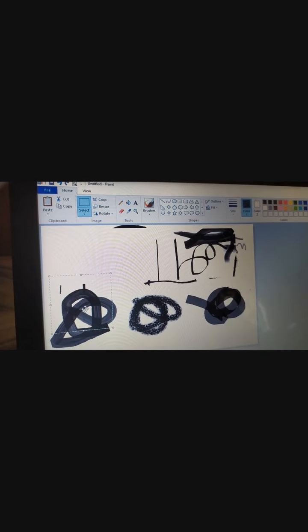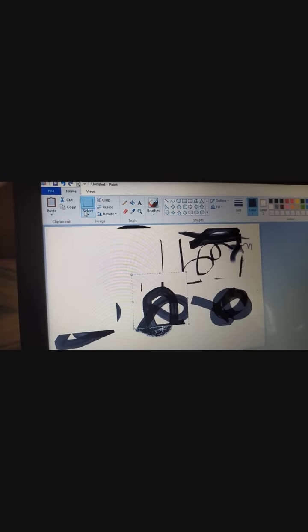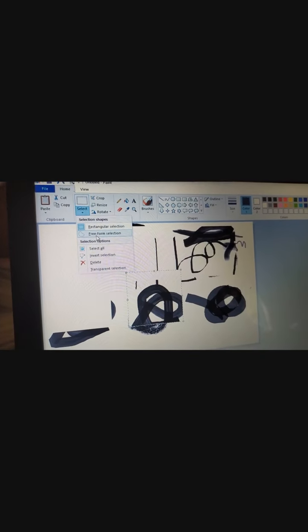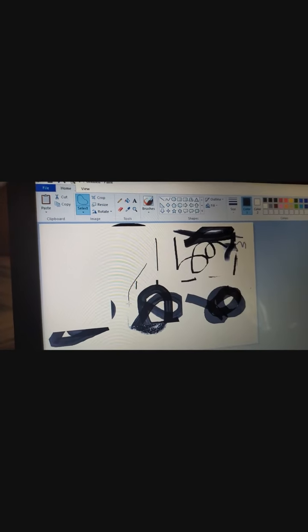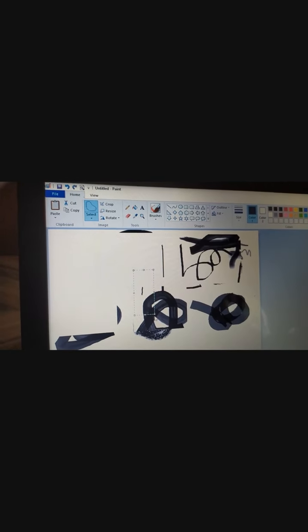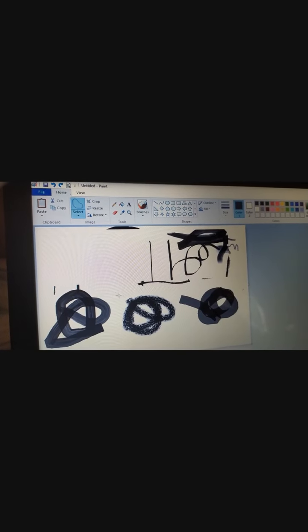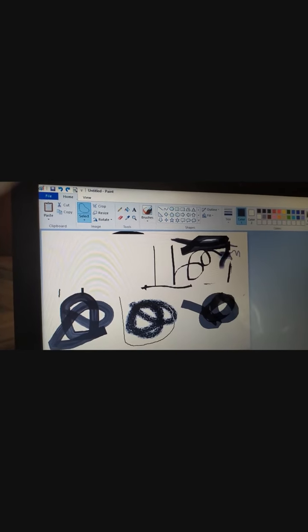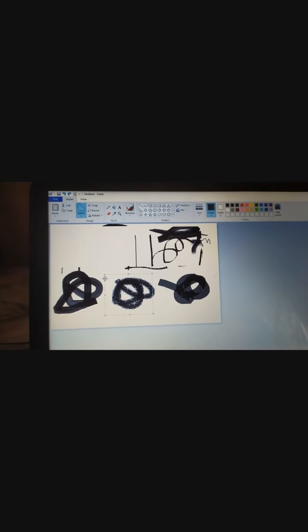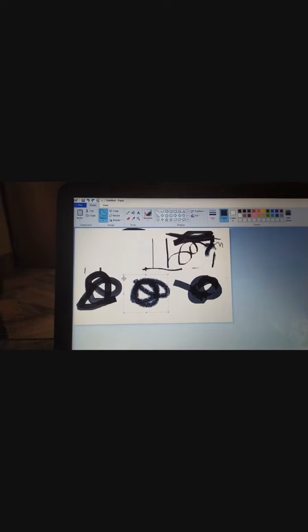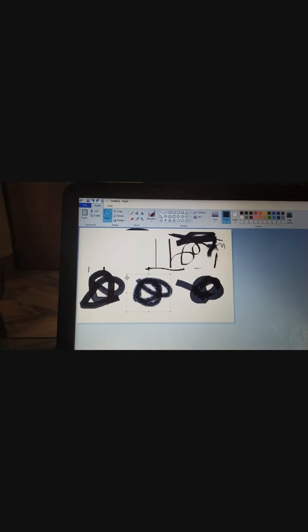This is the rectangular selection. Now next, free-form selection. Free-form selection means you will select only that portion as much as you want. Suppose you want to select only this one, then you can draw a line around it and that portion only will be selected. This is called the free-form selection. Selection will be on any shape of our choice, but whatever is selected will be shown to us in a dotted box. Clear?